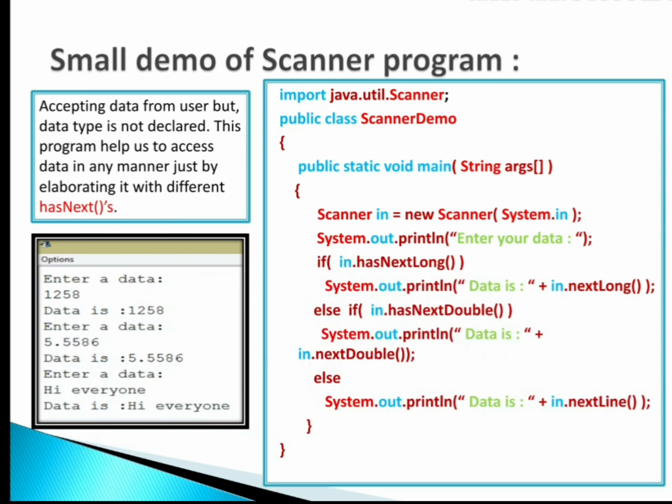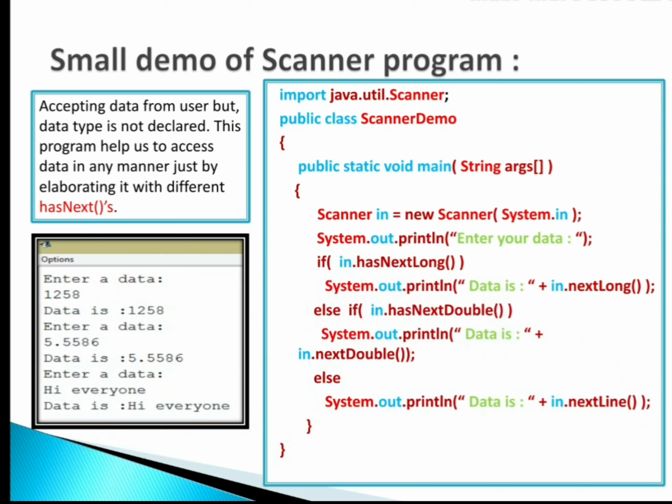And if in both the formats the user never provides us, then we will accept it with the help of n dot nextLine. N dot nextLine accepts any kind of data.